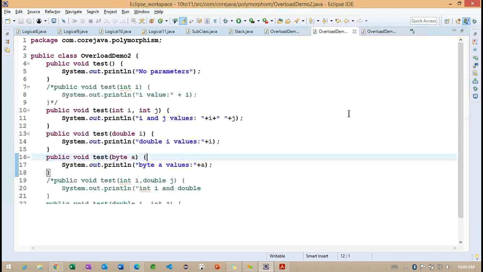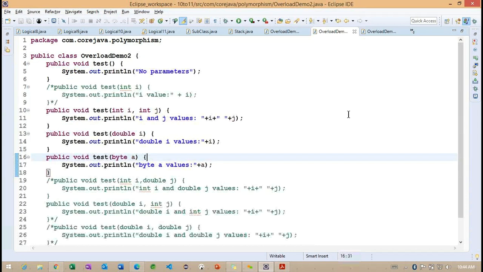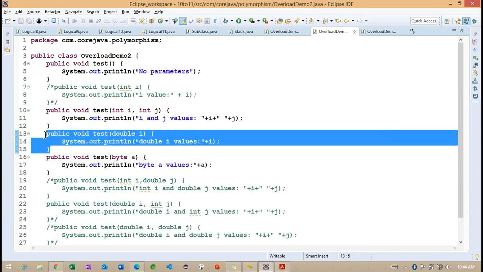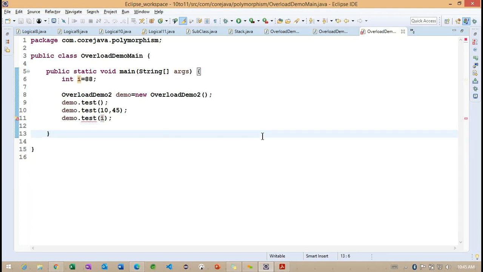Now I don't want to use this particular double method. If I comment out this method, we get an error here. We are getting an error at the last line, line number 11. To resolve this error, what do we need to do?